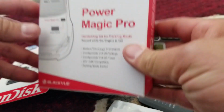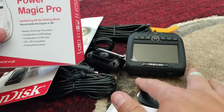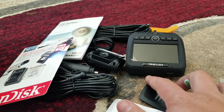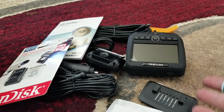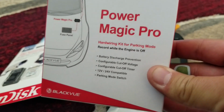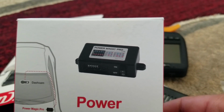Also, this unit auto powers on and off with the ignition of your car unless you mount it to a power source that stays on all the time. And if you do that, if you park your car for a long period of time, you could potentially drain your battery. So I did order a PowerMagic Pro by Blackview, and essentially this box, you can plug your dash